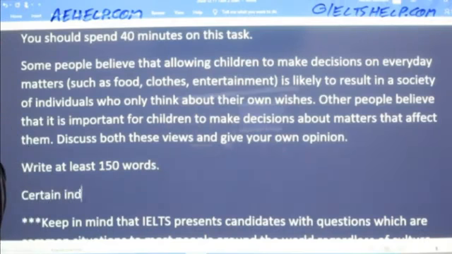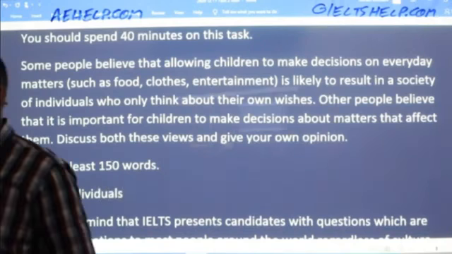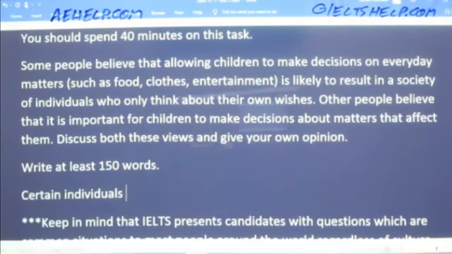I'm going to do that as well. Paraphrasing means to state the question again using different words. So some people, certain individuals, okay? So